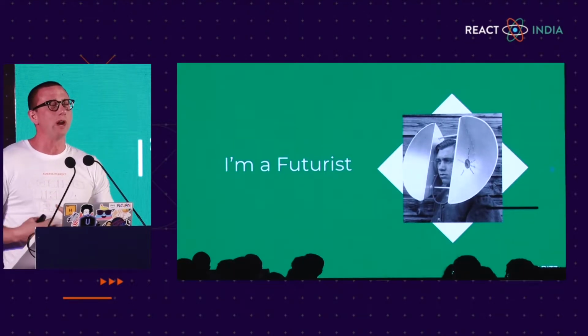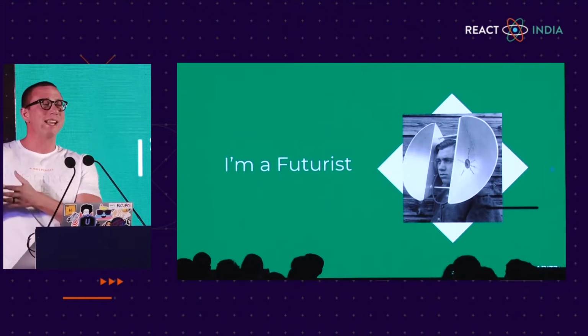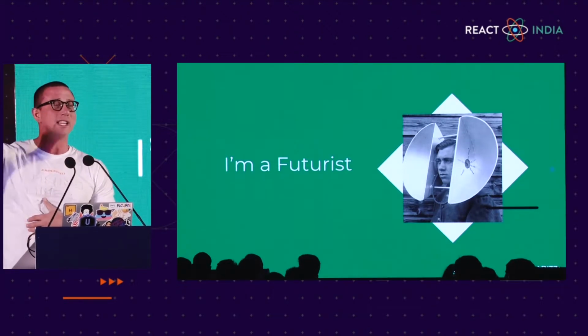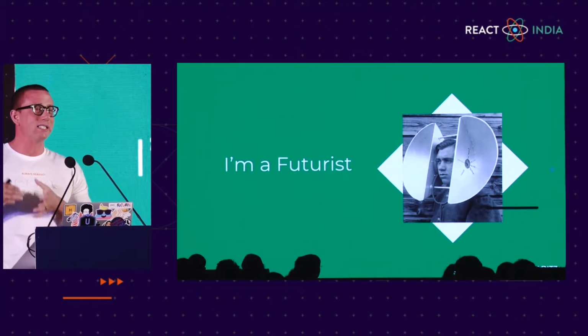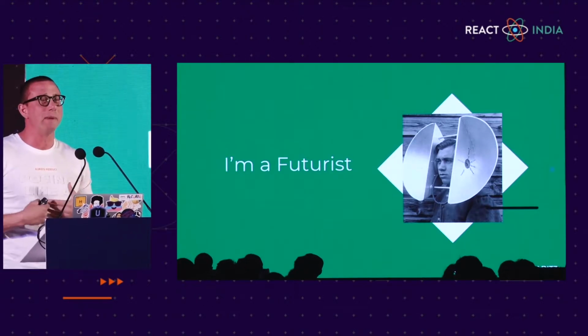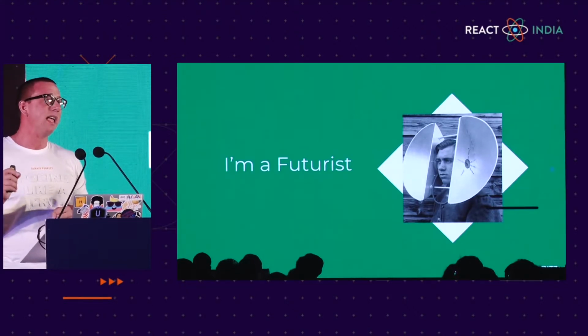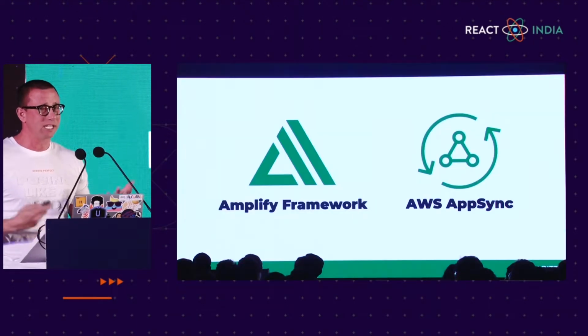future forward, because you want to be able to focus on the things that are going to be big either like tomorrow, next week, next month, next year, 5 years from now, because you want to be able to ride the wave as it's cresting. You don't want to start learning something and becoming a specialist at something as the demand for that thing goes down. I think it's really been a really successful thing for me in my career to focus on things as they're kind of getting up and running, and being able to spot the things that are going to be very, very big in the future is a really big part of what's made my career successful as it's been so